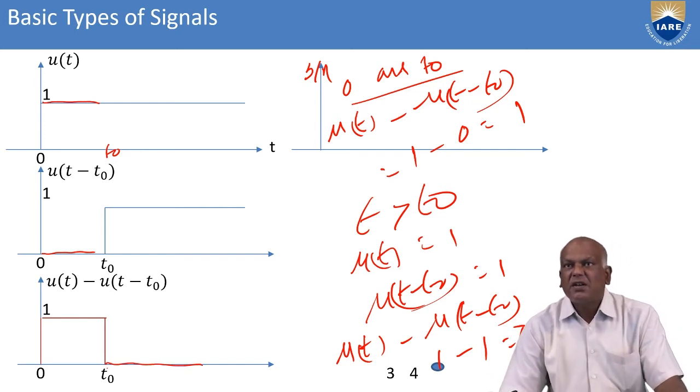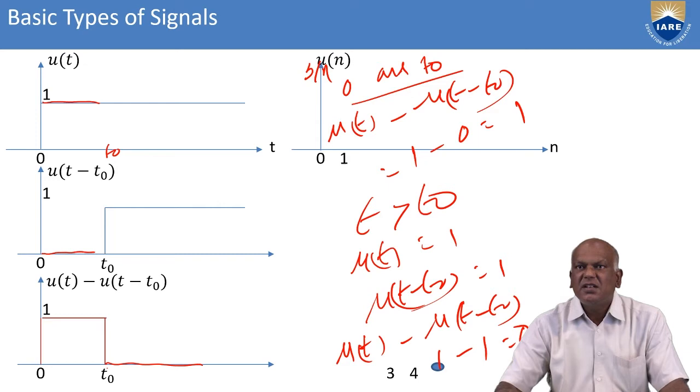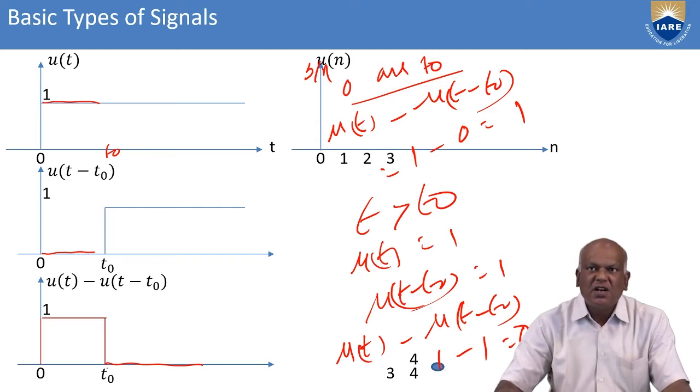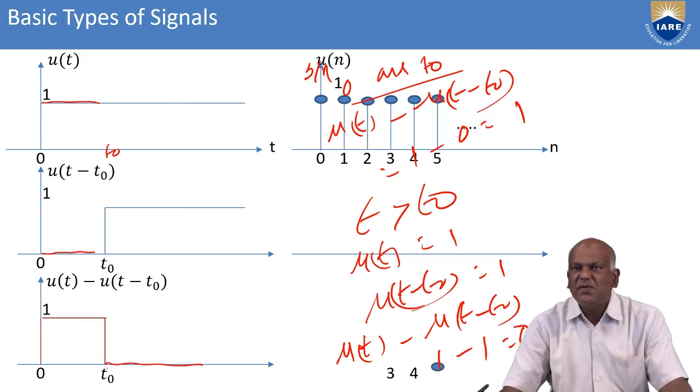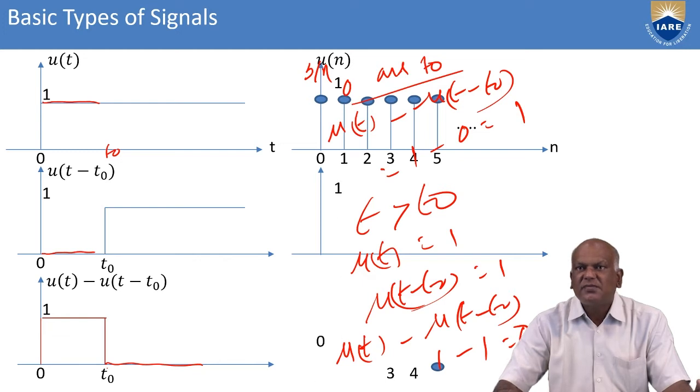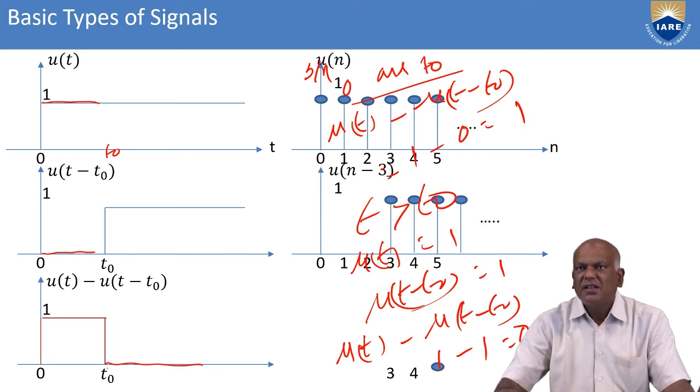Similarly, we take the unit step sequence in the case of discrete time signals. For u of n, defined as 1 for n greater than or equal to 0, that is, positive values of n, the u of n samples are like this. Now you can see the shifted version of u of n. The signal can be shifted by 3 samples, and from the third sample onward the signal samples exist. This is indicated as u of n minus 3.